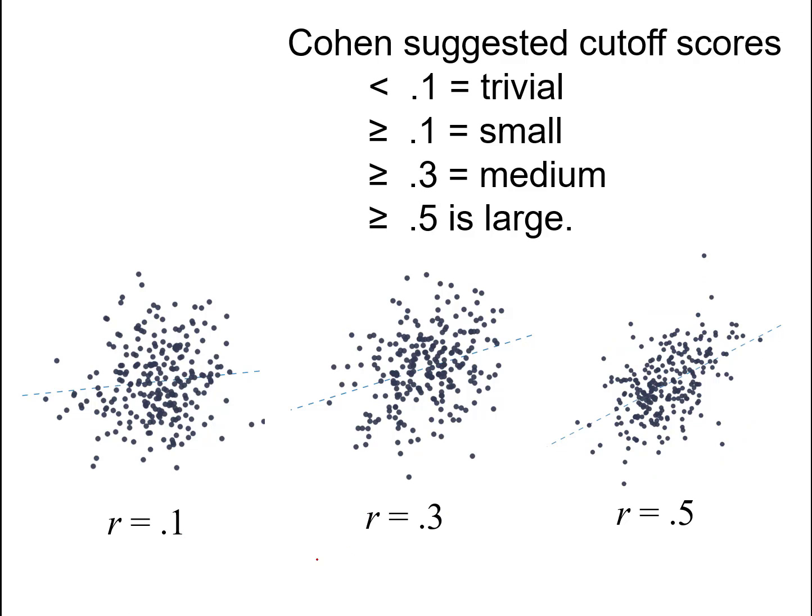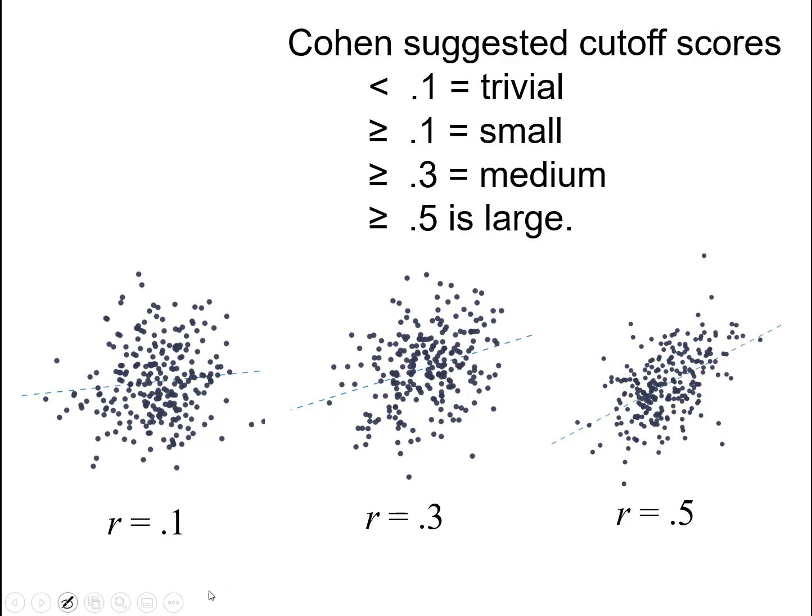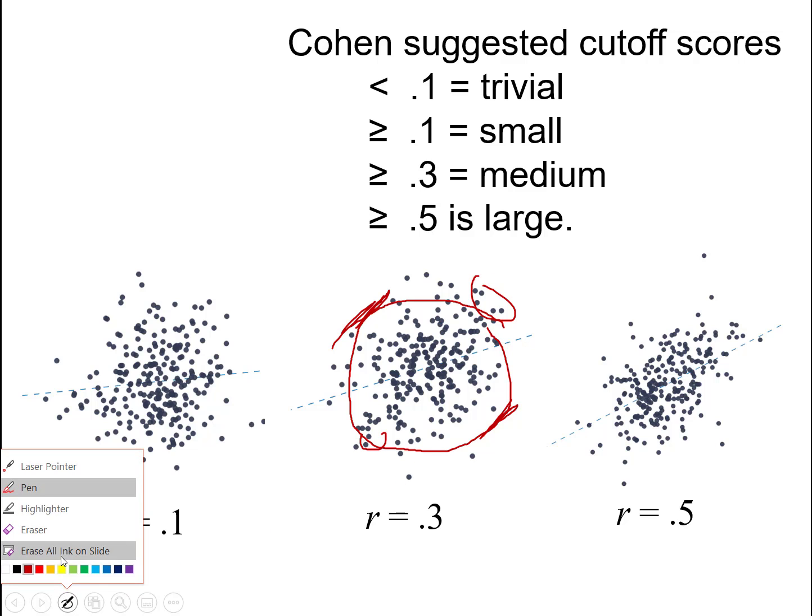Now a correlation of 0.3, that would be a medium effect. And here, if we look at it really hard, we might be able to tell, but it takes a little bit of effort. Now we have this dotted blue line here that kind of gives it away, but if that dotted blue line was not there, we'd have to work pretty hard to be able to tell there's a correlation. Now I can still do that. If I try to draw my circle here, I might do something like this, and I might still say, well, it seems like we still have fewer dots down in the upper left and lower right, but there's maybe more here. I didn't quite draw my circle right, but there'd be a little more in the upper right and lower left. And so if we look at it hard enough, it takes some effort, we can tell there's a correlation